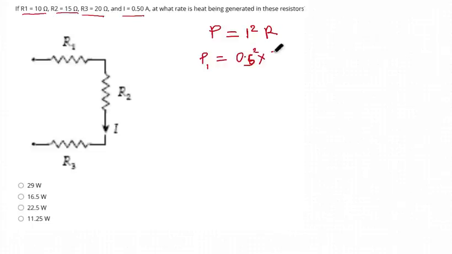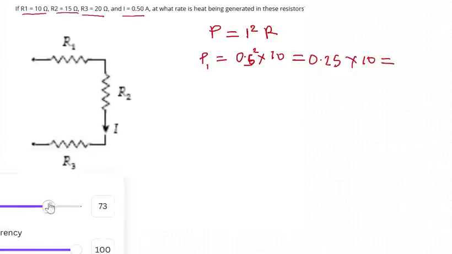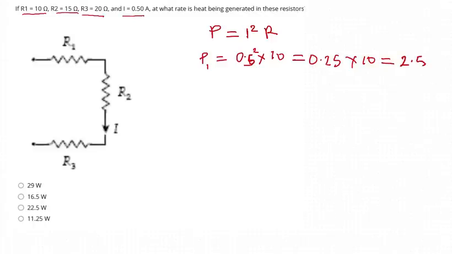So 0.5 squared multiplied by 10; 0.5 squared is 0.25, multiplied by 10, which gives us 2.5 watts. So the power in the second resistor will be equal to